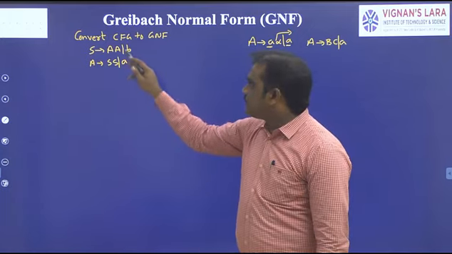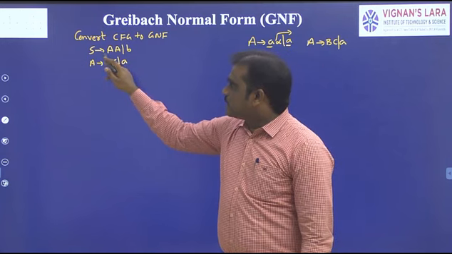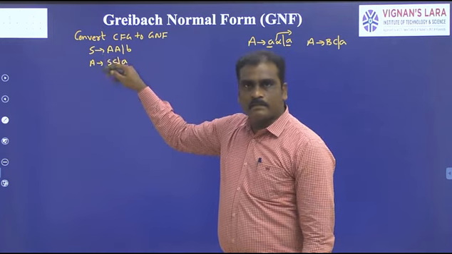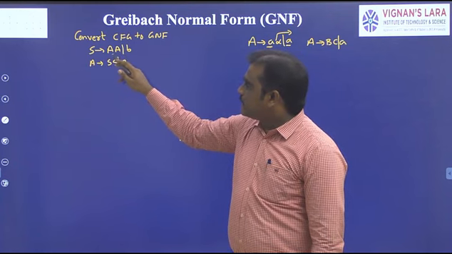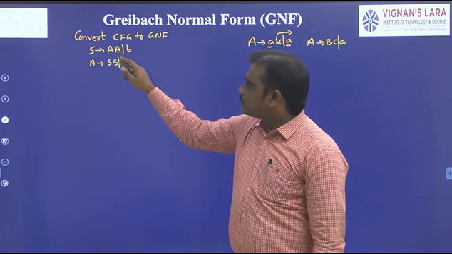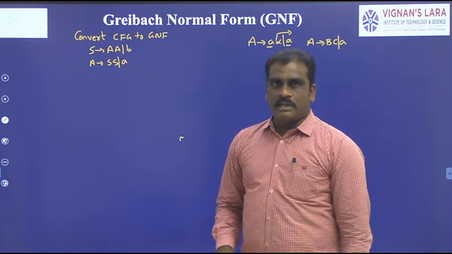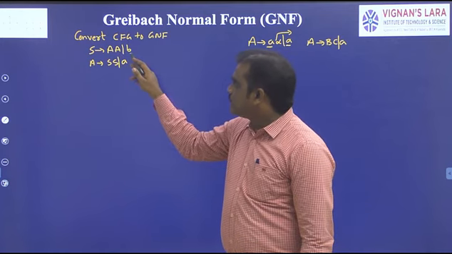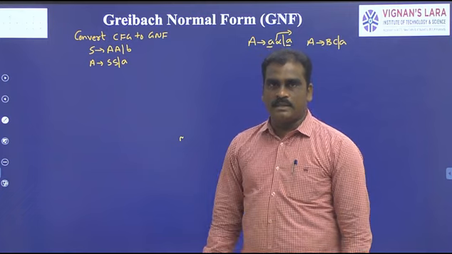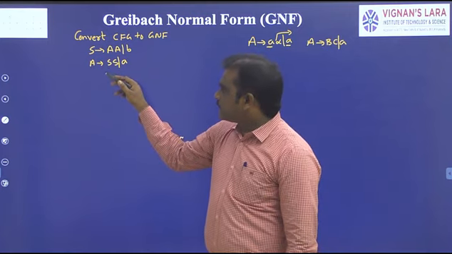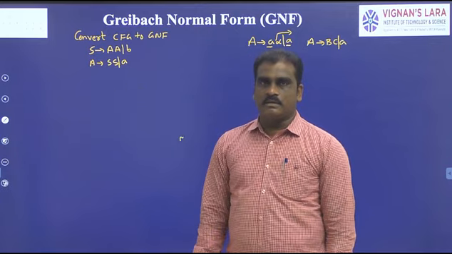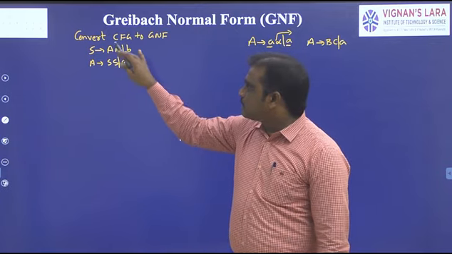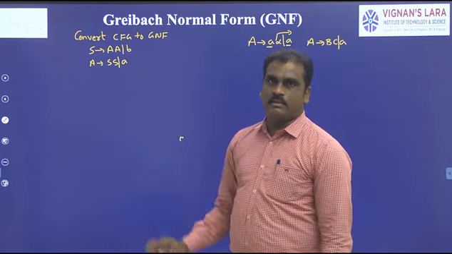If you observe the given context free grammar, the production left hand side has a single non-terminal symbol and the right hand side here has string length 2, and both are non-terminal symbols. In the same way, here the string length is 1, that is a terminal symbol. Same way, if you take the second production, a single non-terminal symbol on the left and two non-terminals on the right. That means the given grammar is already in CNF form.